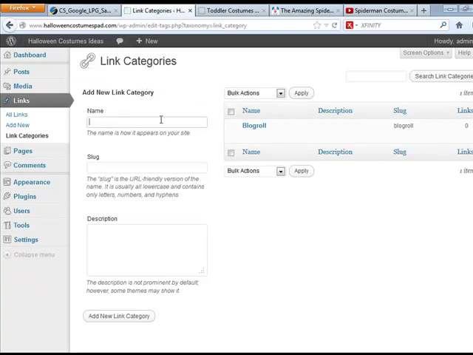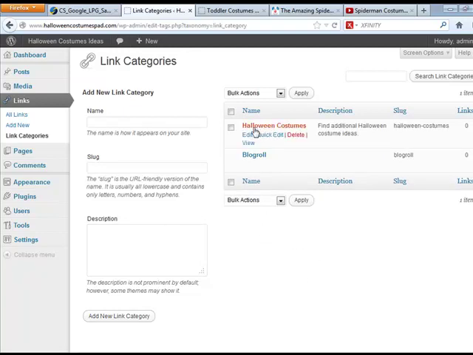and we're going to create a new one. So we'll call this Halloween costumes, or Halloween ideas, or something like that. And right here, find additional costume ideas. Choose add new link category, and there we go. And then the next thing you want to do is go to under links here,